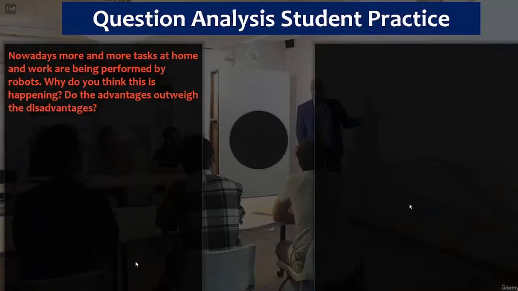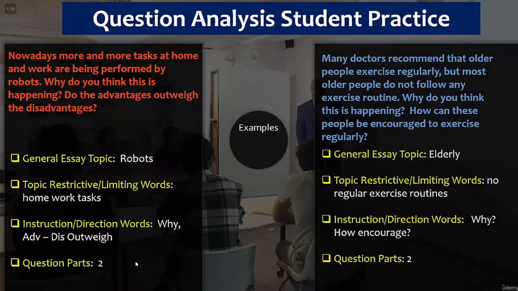Okay, let's take a look. For the first one, the general essay topic is about robots. The limiting language, home and work tasks. That's all we're talking about in terms of robots. Instruction words, why is it happening, and also